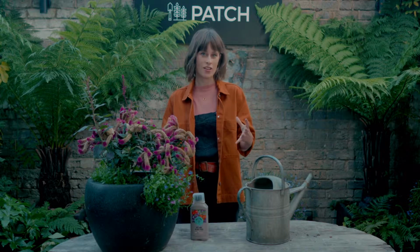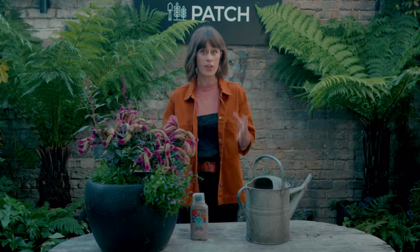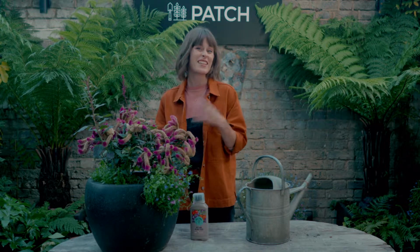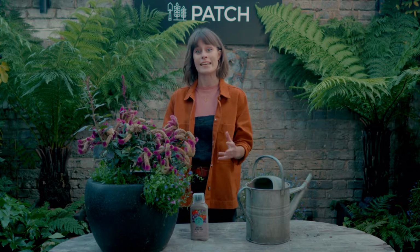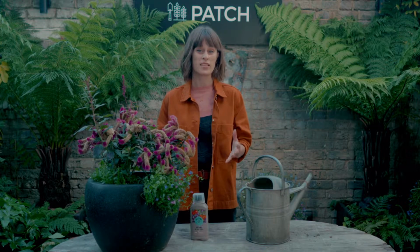If you're lucky enough to garden somewhere that has flower beds, those plants will take their nutrients from the soil in the ground. But us urban gardeners are usually constricted to containers, and there's no system to keep this naturally topped up. That means fertiliser is key. But just like humans like to eat all sorts of different things, there's loads of different ways to fertilise your